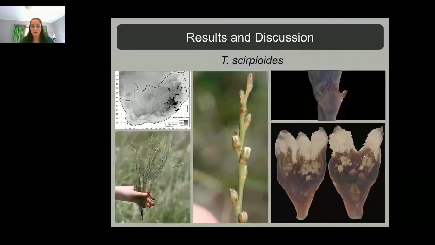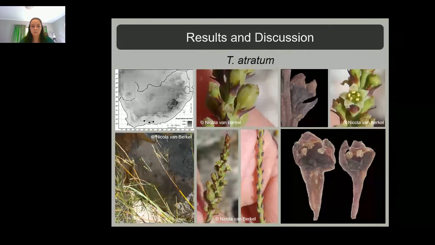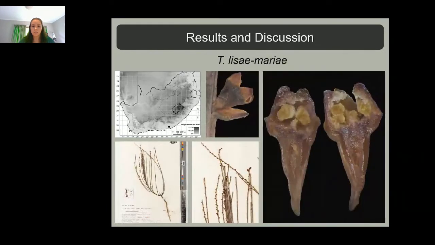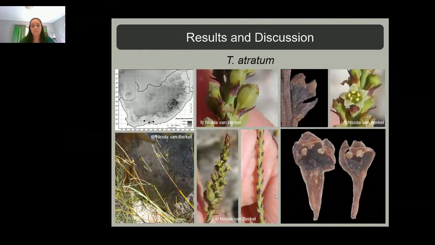more compact. And then the last two species, Thesium matratum, as we already saw, has these dark bracts, and the flowers have this flat disc at the base of the lobe, which is absent in all of the previous species. And the flower lobes are glabrous, so no beard. It's very similar to Thesium lisa-mariae in that it also has this disc in the flower and glabrous or erose lobe margins. But as you can see here, the bracts are not dark. So the bracts are not blackened, and also the inflorescences are much more elongate than in Thesium matratum, where they